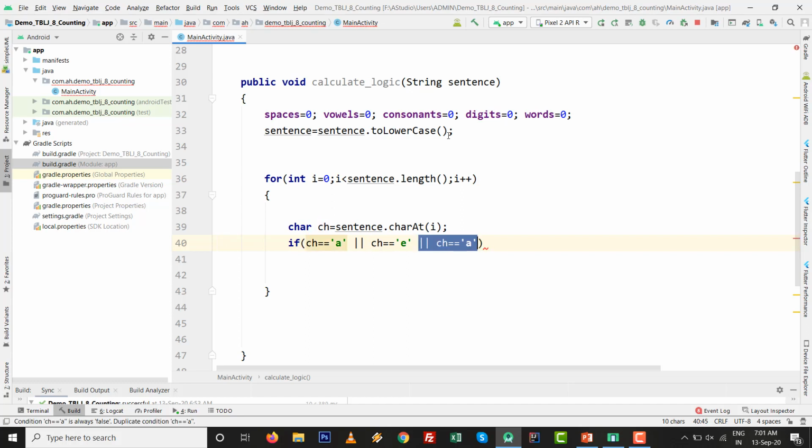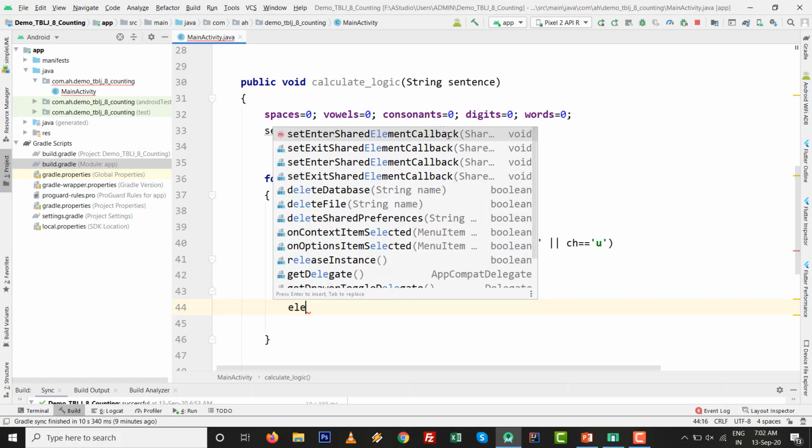Okay, if character is i, again we paste this one. O, just write the code for o, or and just write code for u. Okay, then we will do vowels plus plus. Okay, plus plus vowels, pre-increment is here. Then just write else if code.